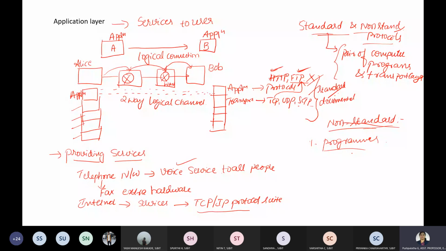That means a private company can create a new customized application protocol to communicate with all its other offices, for example Wipro or Infosys.